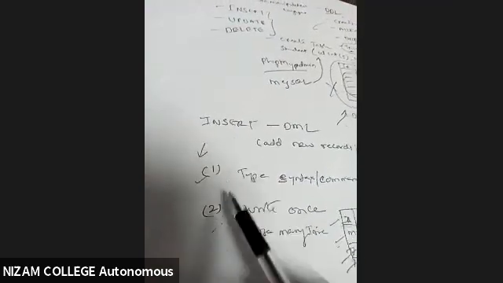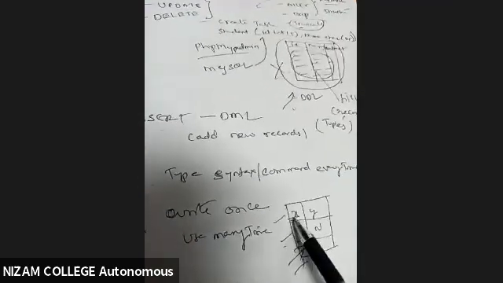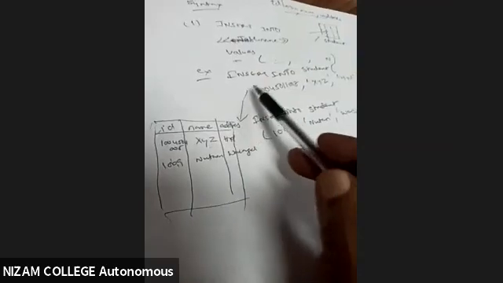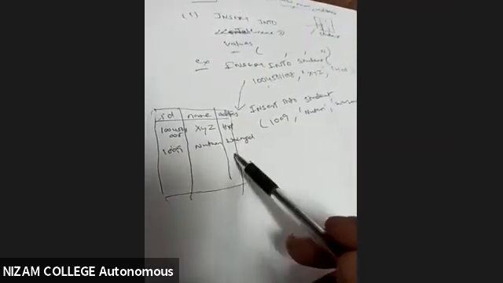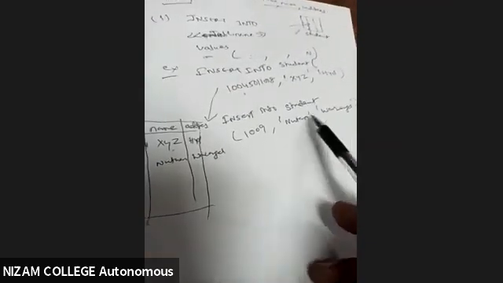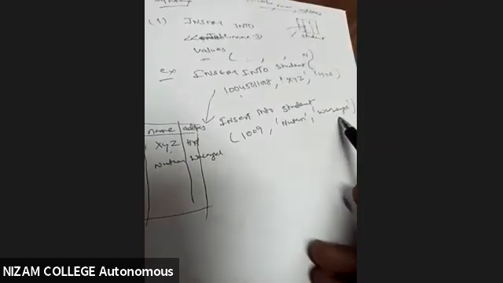Now this is the type 1 syntax of insert. Type 1 says every time you insert a record, every time I have to write the command. Here I have written it two times because I inserted two records. If I write 100 times, I have to write the same command 100 times. So the full command I have to write, and all the columns must be given.